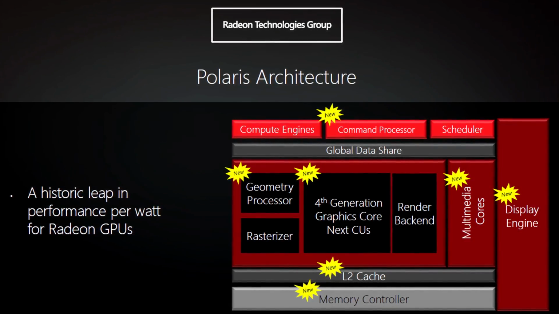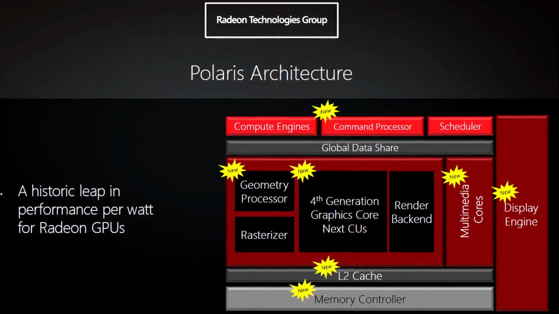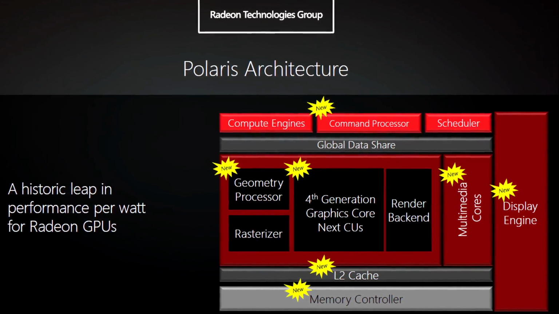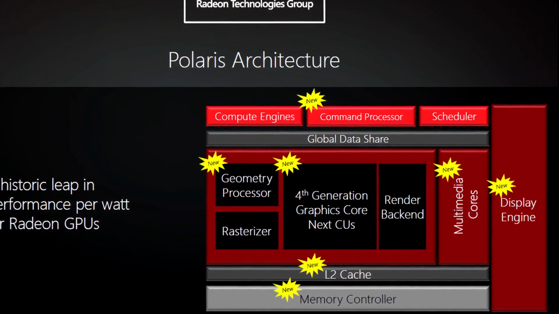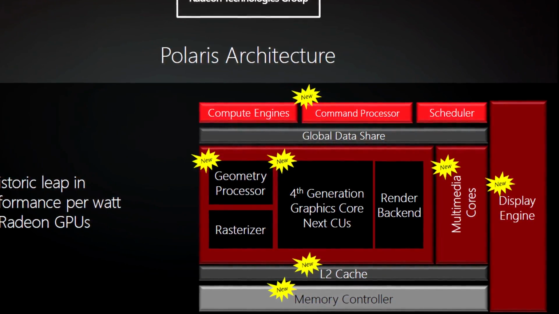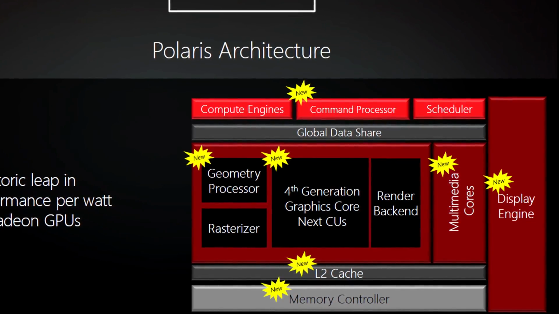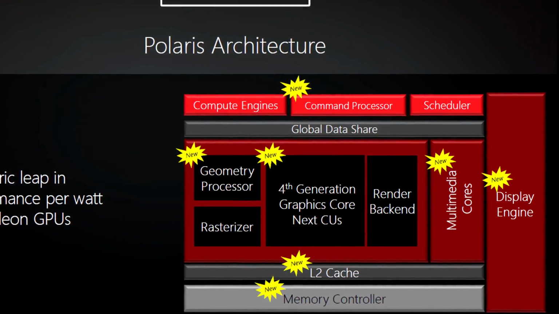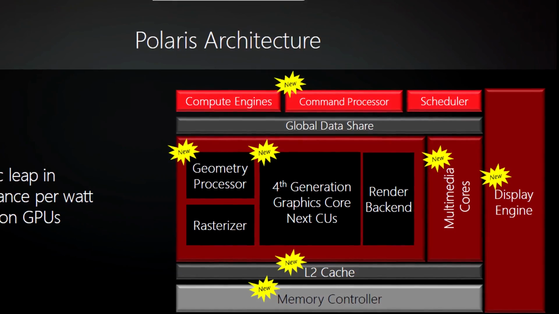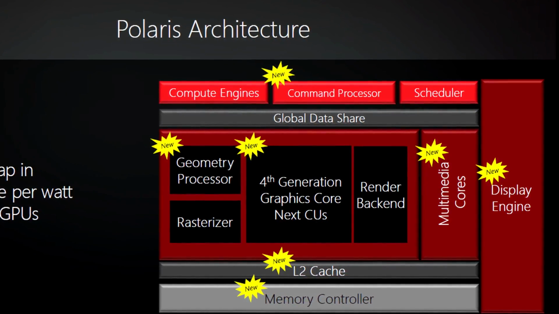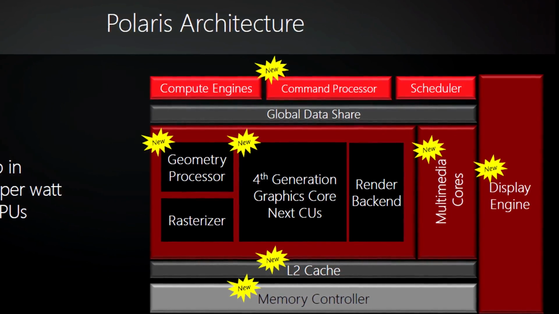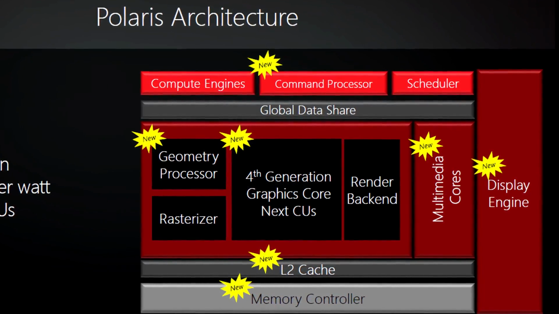Another interesting thing to think about here is that AMD are likely to fix their inefficiencies in cards like the Fury X when Polaris comes around. New command processor, new 4th generation graphics core NICs CUs. It is pretty likely that much of Polaris' advancements will come from a better front end and better utilization of the graphics cores. And if that is the case, then you're going to be looking at diminishing returns from asynchronous